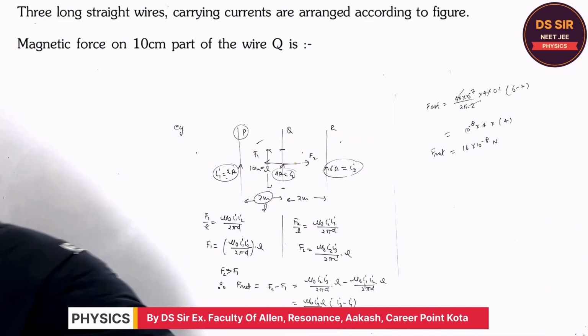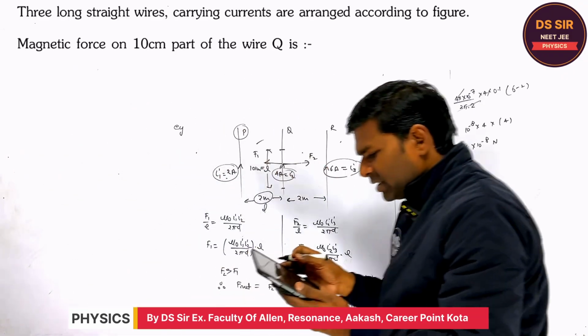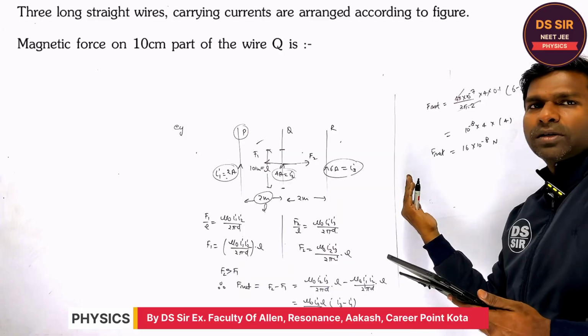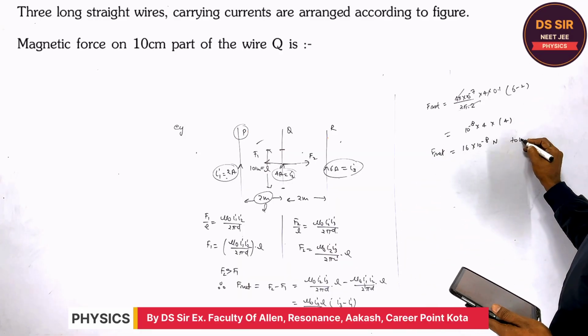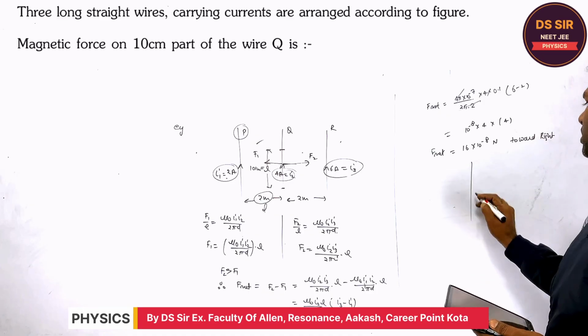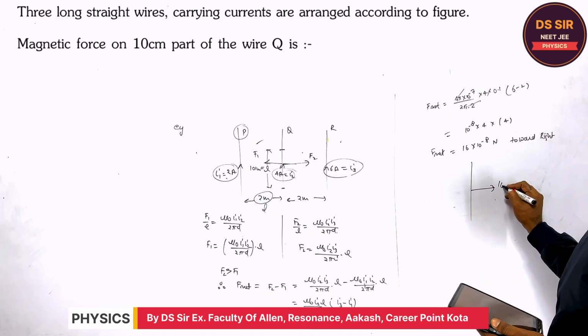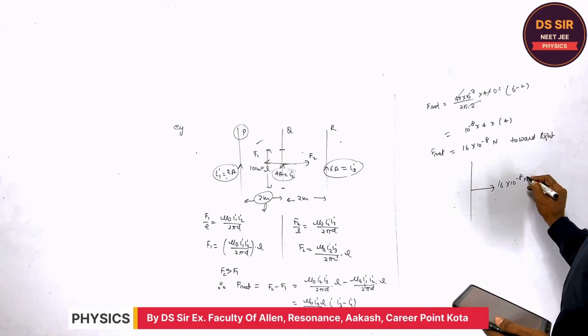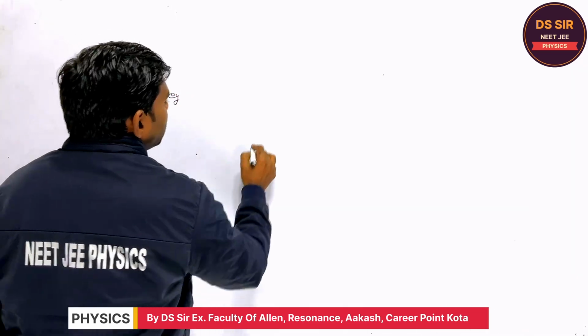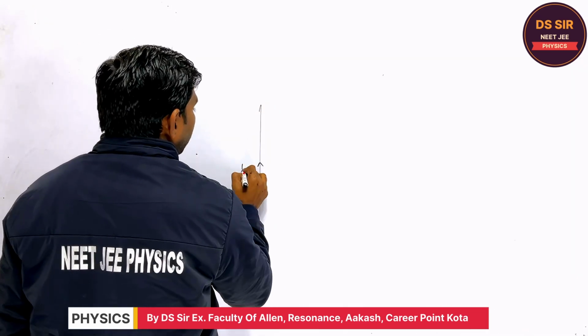All right, so which is the correct answer? 16 into 10 to the power minus 8, towards right. Yes, right. Right means the net force is in this direction. Fine, copy this. Now, suppose this is the wire I1,